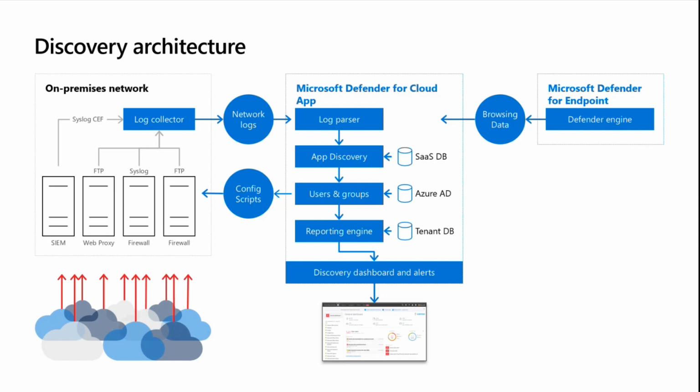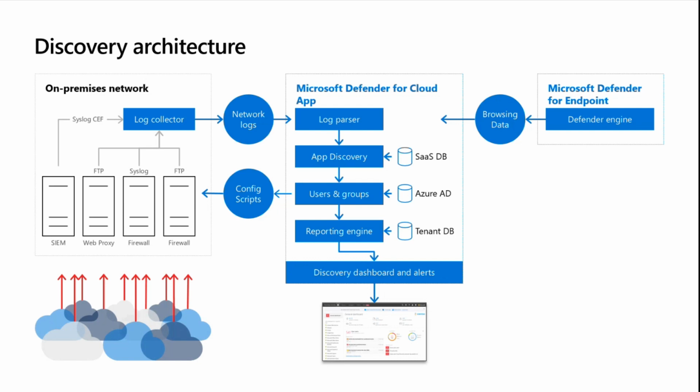And the other thing this native integration can do is, let's say you have a proxy where you set up a log forwarder. Yes, it's sending me the logs, but I am not able to use the proxy as a way to block access to an unsanctioned SaaS app from an end user perspective, right? Because that proxy only sends me the logs. I can't use that proxy for prevention and blocking. But with the ones we have direct integration with, like Zscaler, Corrata, iBoss, and others, I can actually use them to prevent access to the apps I want blocked,